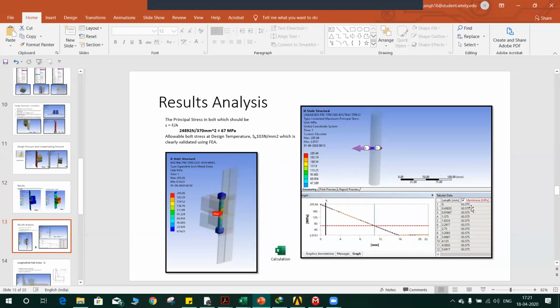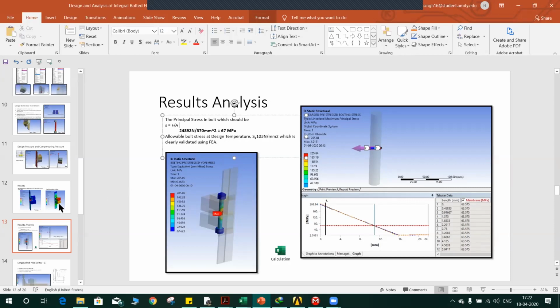So over here on the right, you can see the membrane stress comes out to be 63 megapascals. That's why I was saying that the bolt will not fail, because analytically, the bolt load per area divided by the area of the bolt comes out to be 67 megapascals, while the allowable bolt stress is 103 megapascals. So it is clearly validated, and the 63 megapascals is quite near the analytical result of 67